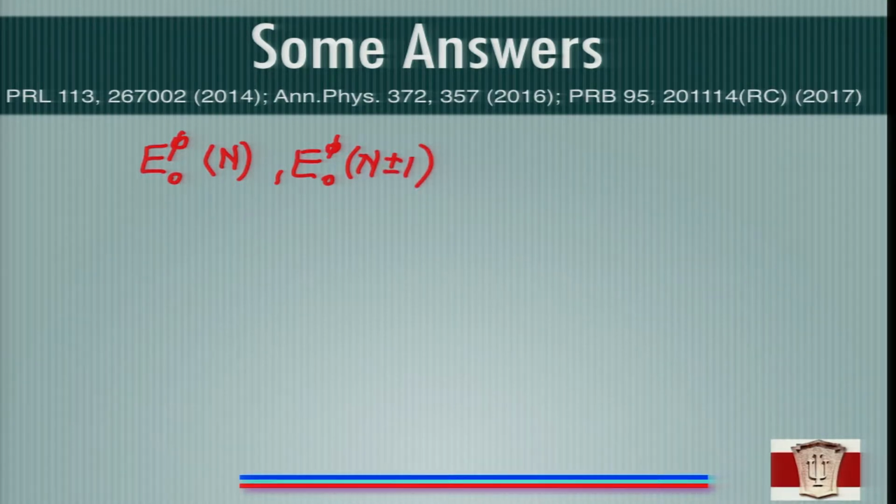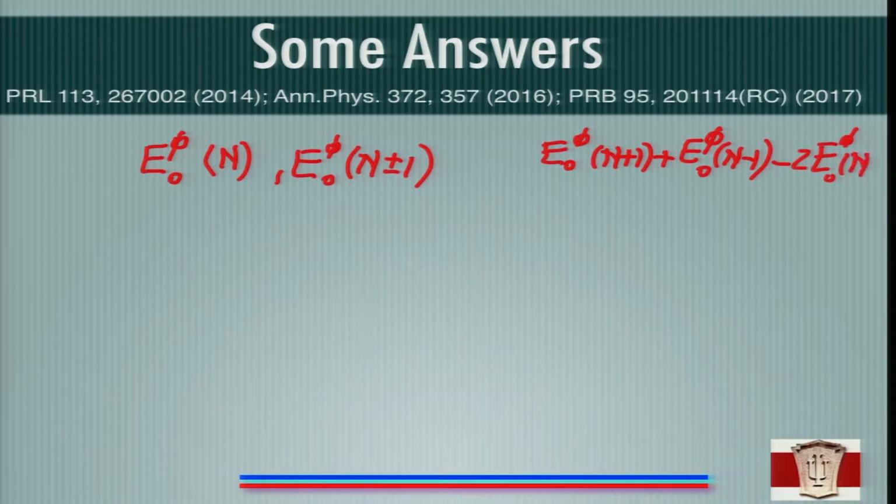You calculate these three ground state energies for periodic and anti-periodic boundary conditions, and from them you form what is called the fermion parity switch. Something like E0(phi, N+1) plus E0(phi, N-1) minus 2 E0(phi, N), which is related to the inverse compressibility. And you see whether, as a function of boundary conditions or flux,